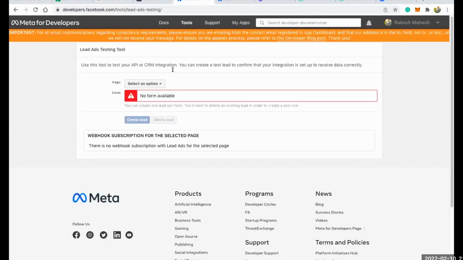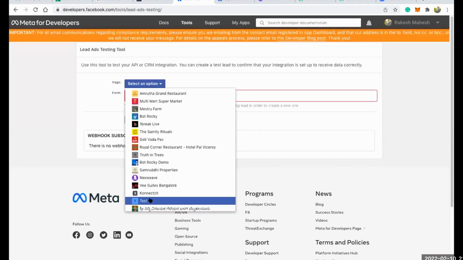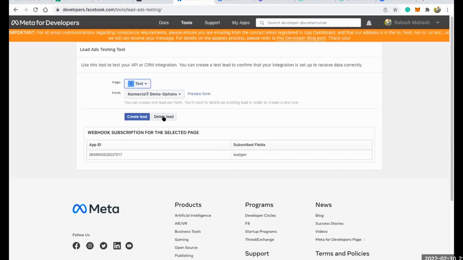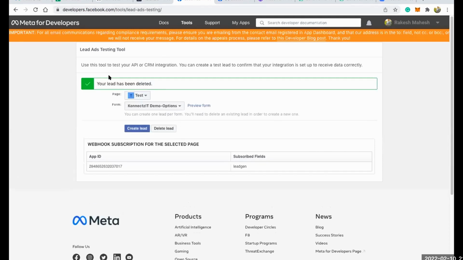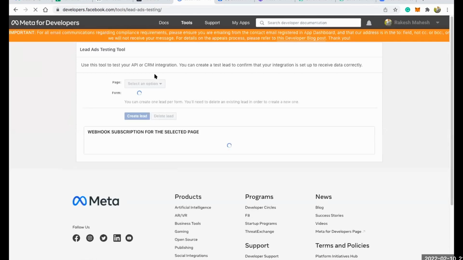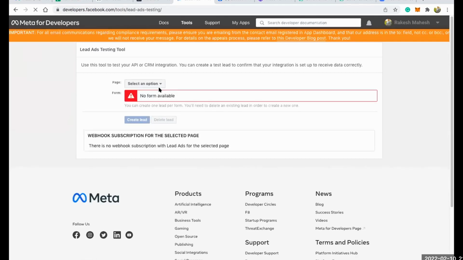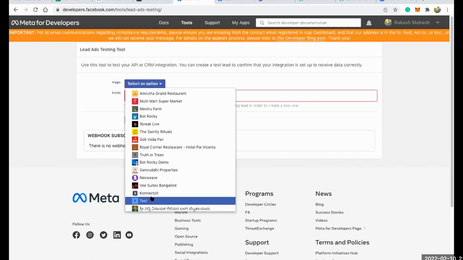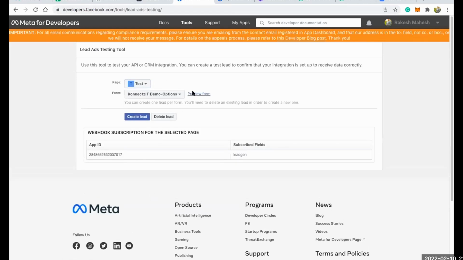I just built a connect, so now I'm going to test the same connect here. I'll be selecting my page. I'm using the Facebook testing tool, just to show you guys. You can use the exact tool as well. You can fill out the Facebook lead ad form. I'm just using the testing tool here. So I'll select the page and preview the form